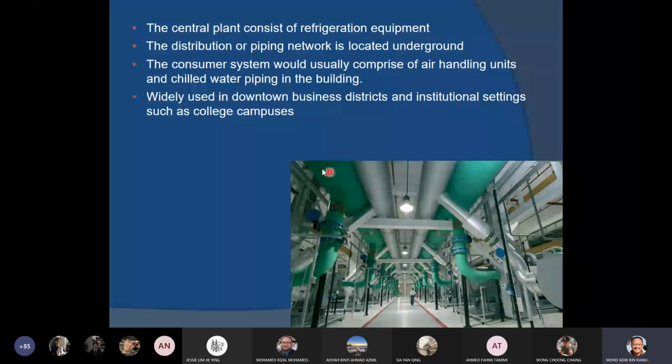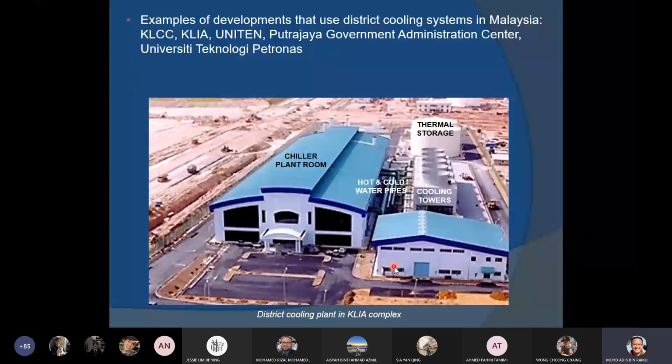Okay, chill water supply pipe, chill water return pipe. You can see the size is very huge, because you imagine that this chill water needs to be distributed to multiple blocks of huge, large buildings. Okay, examples of development that use district cooling system in Malaysia: KLCC, okay, KL